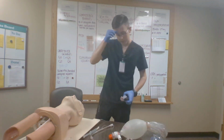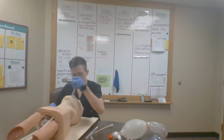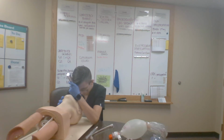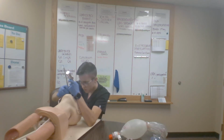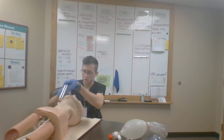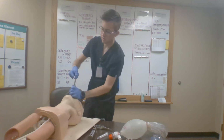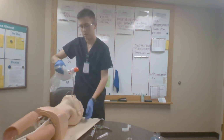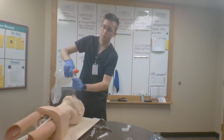I'm going to make sure that my ET tube's nearby me, and then I'm going to hold my laryngoscope in my non-dominant hand. I'm going to displace the tongue and then lift up the mandible. Insert my ET tube, inflate my cuff, remove the syringe, remove my stylet, attach them to the tubing, make sure that they are